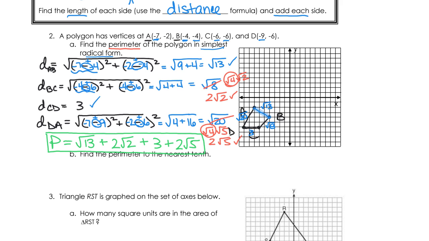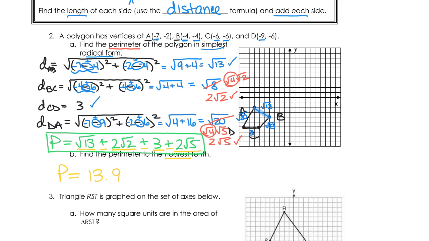Okay. Now in part B, it says find the perimeter to the nearest tenth. Because it says nearest, everything's going in our calculator. So in our calculator, we're going to type in the square root of 13 plus 2 square root of 2 plus 3 plus 2 square root of 5, and we're going to hit enter. And when we do, we get a decimal of